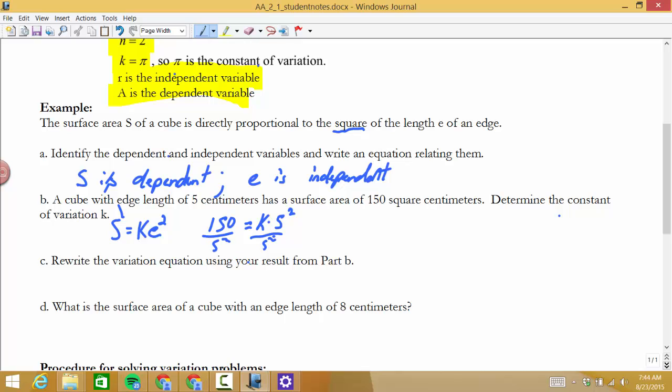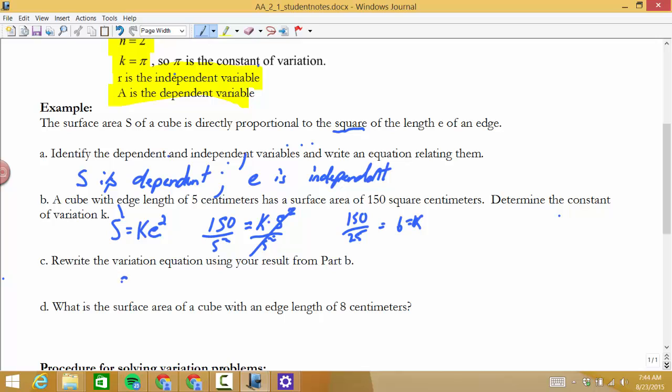And once I do that, I have 150 divided by 25, which is equal to 6. Therefore, k would be equal to 6. Now, the third part says, all right, now let's rewrite the equation with our constant of variation in there. So I'm going to rewrite this now